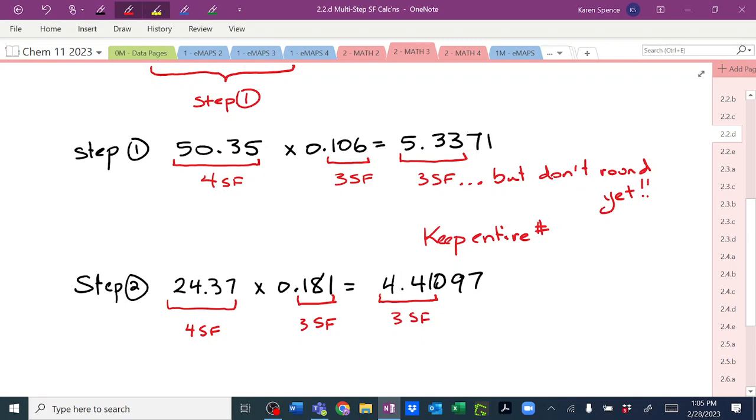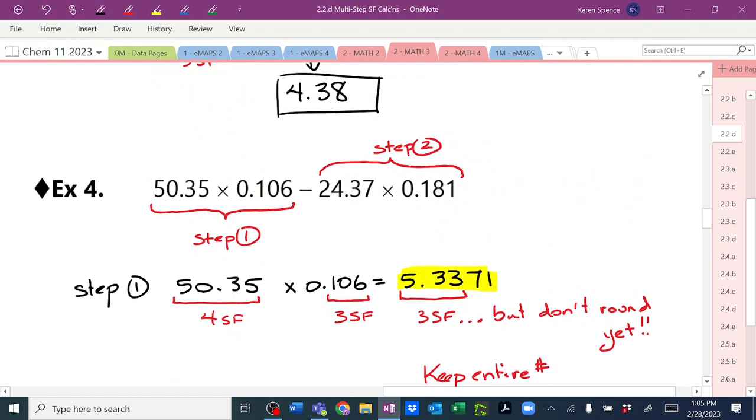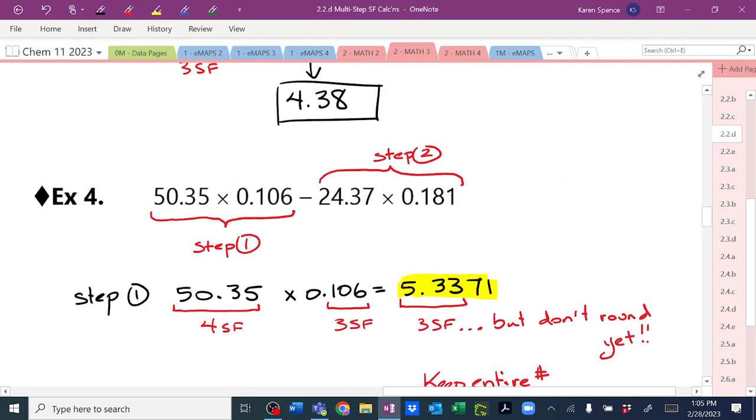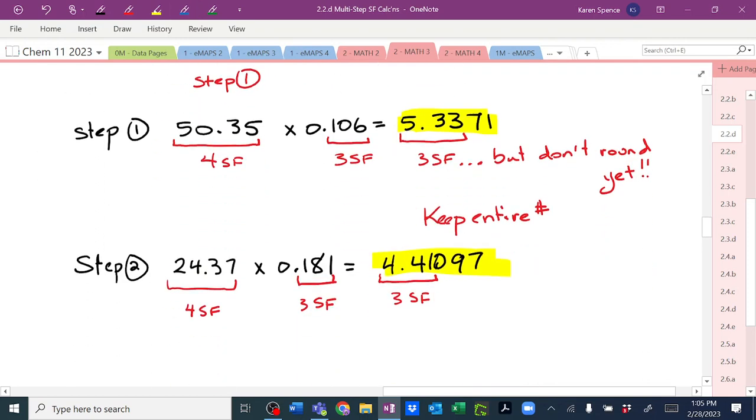And now we're going to take this number, the entire thing, and this number, the entire thing. Did I get the number wrong? No? Okay, just checking. And I'm going to subtract them, because our next step is to do that subtraction. But remember, I'm not rounding those numbers off yet. I have step 3, which is doing the subtraction, is the first number,